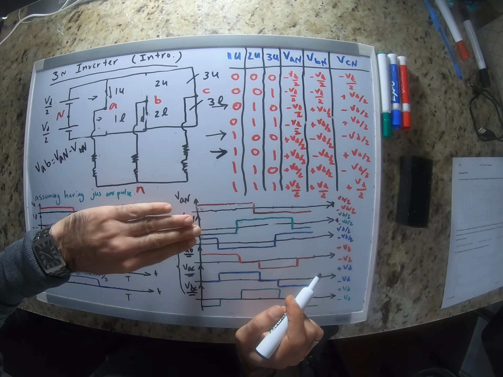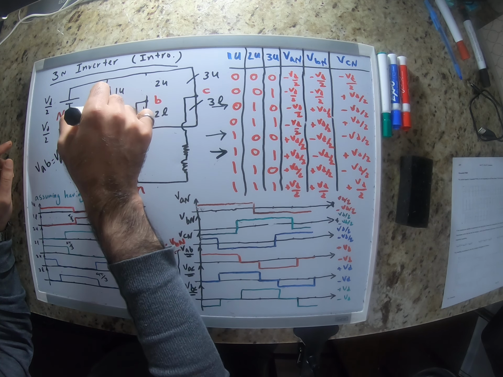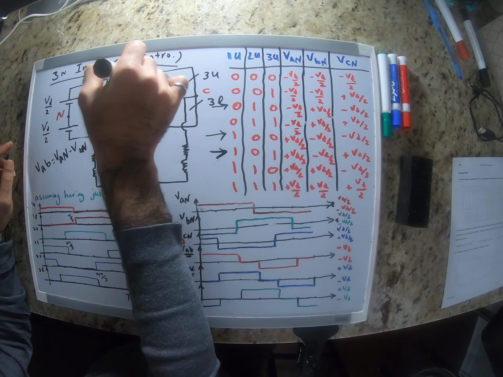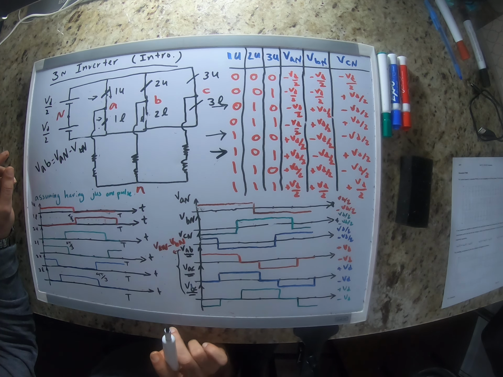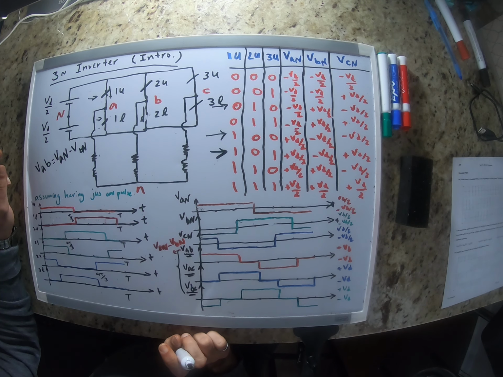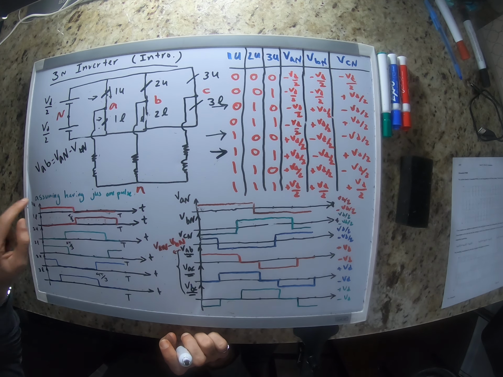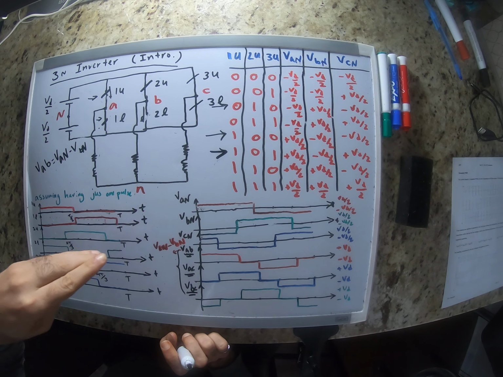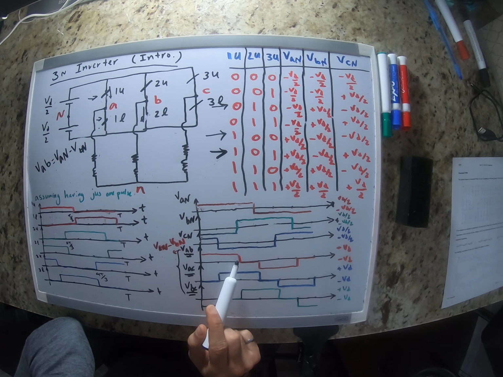While for our phase voltages, because this is basically a half bridge for each phase, we only have 2 states, VD over 2 and negative VD over 2. So this was the case when we had only 1 pulse per period, right? Basically, the frequency of the switching is 1, and we ended up with this AC signal that